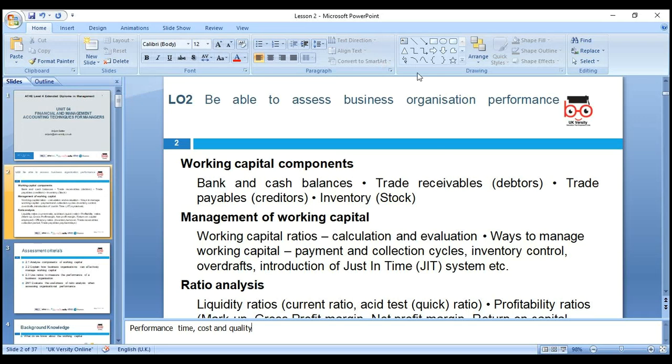So whenever you measure the performance in terms of cost and quality,